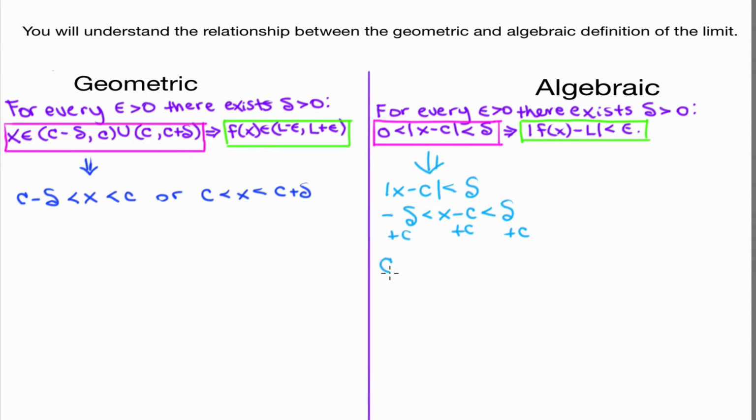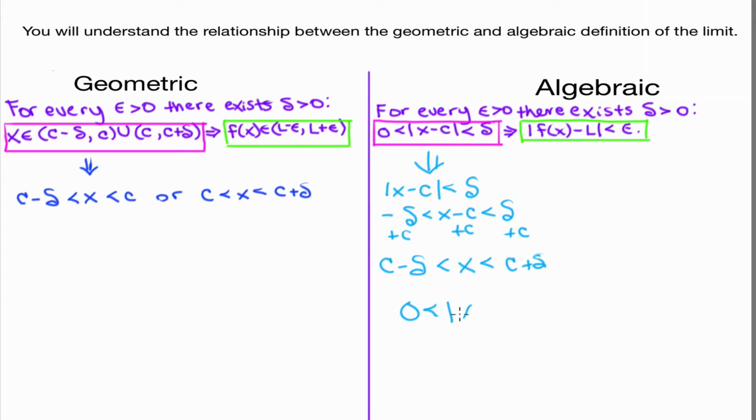And we get c minus delta. Negative delta plus c is the same as c minus delta, less than, these c's cancel out, we have x less than c plus delta. This almost looks like what we have over here. The only difference is that here we have a broken interval because we were being careful not to include c. Well, as I said before, now we need to consider the left-hand side of this inequality where we have 0